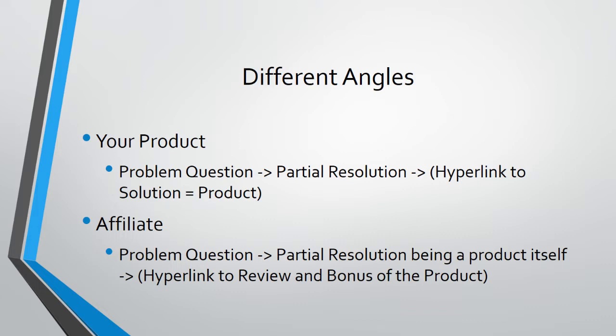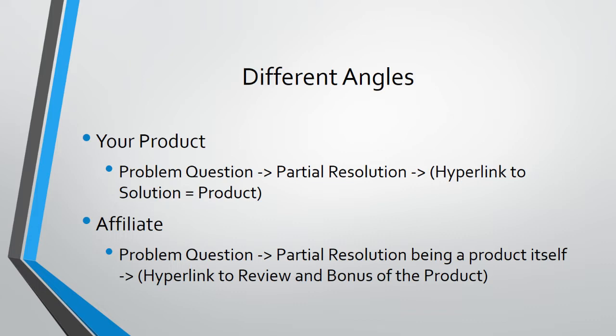And your content PDF file can be long, it can be short. In fact, it depends on what it is. But sometimes the shorter, the more straightforward it is, the better. If people can get the content, the resolution, the partial resolution that they need, then of course they are willing to look at the product. Now, as an affiliate, you could send them directly to your affiliate link. That's fine. So you could kind of take the angle of your product up here.